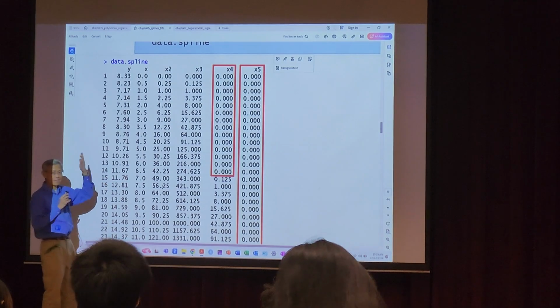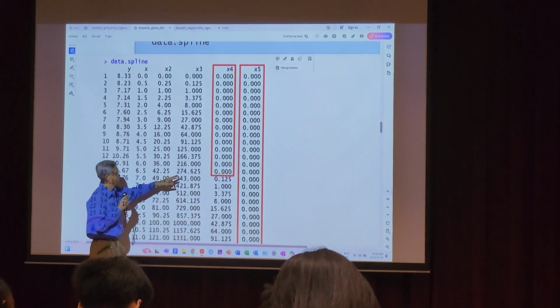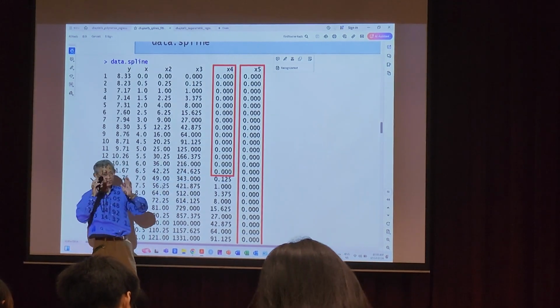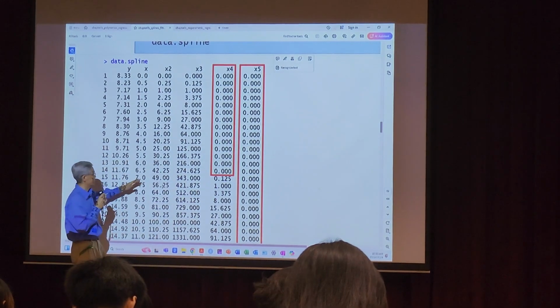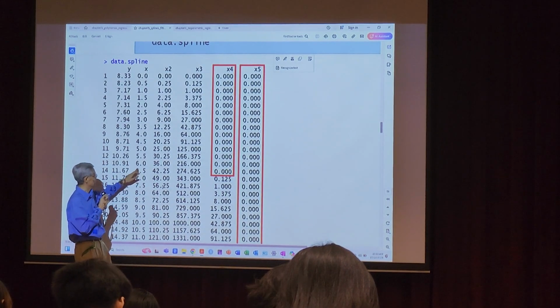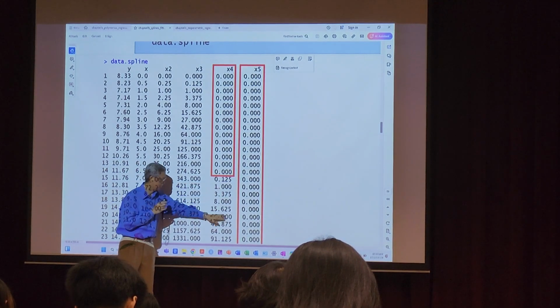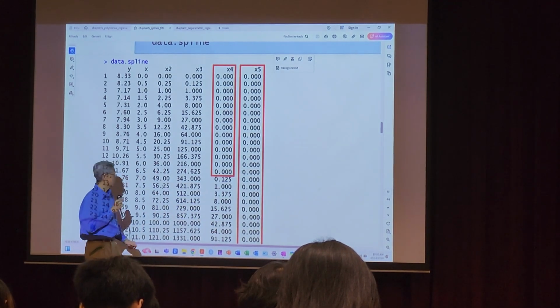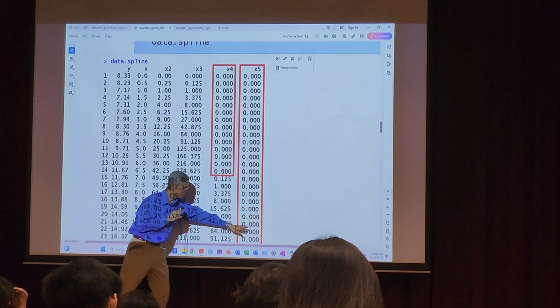So if X is less than or equal to 6.5, that thing with a plus sign is 0. Otherwise it's X minus 7.0 minus 6.5 raised to the power 3. And so this is how I get this. Now for X2 terms, this will continue to be 0